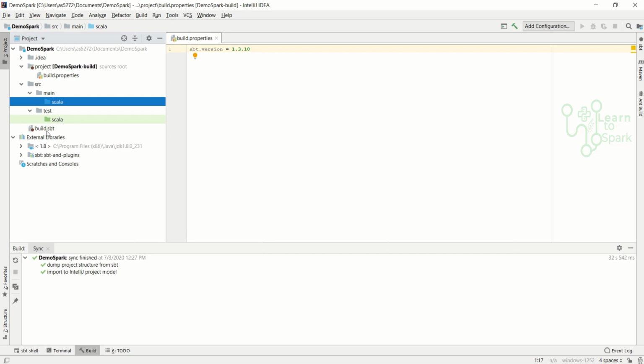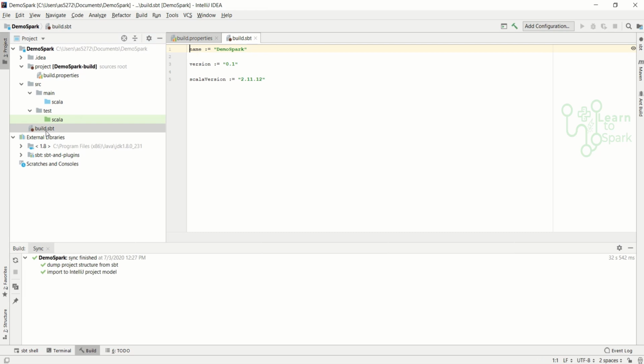And another main thing is build.sbt. This is the file that we are going to deal with now. And here if you see, we have a project name and version and Scala version. Again here also we can come and change the Scala version if we need to downgrade or upgrade, and refresh the project so that it will update as needed. So now you can see there is no error message or warning message here. If your SBT build has failed, then you can see there is some error in the build.sbt.